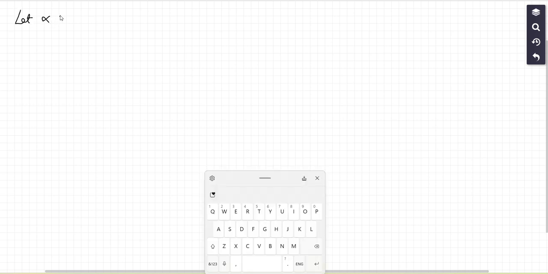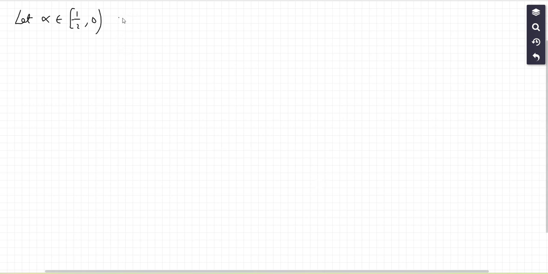And we'll now say, let alpha be in minus a half to 0. It's now negative. Then there exists an n such that alpha is